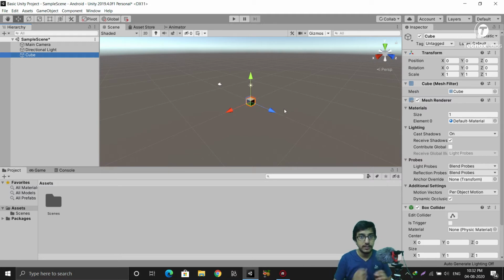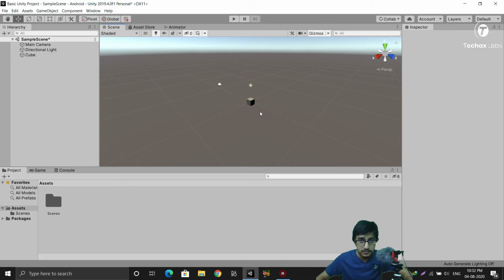Many people were asking that your cube is large and my cube is small, and why is that? I will tell you. The size of the cube was the same for both you and me. I just navigated around it and zoomed in. So here you can see the scale of the cube is 1 1 1, and actually you can hear a lot of sounds because I live near a turning of road.